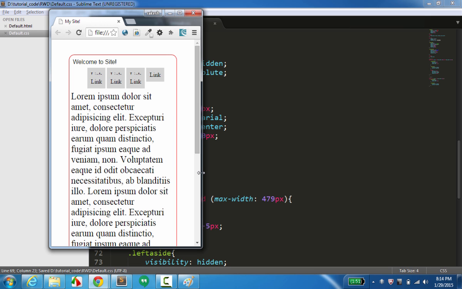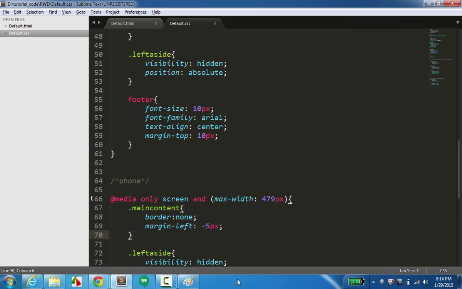Okay, that looks good now. And then let's see. We can probably leave it this way for now. And then the header looks a little bit